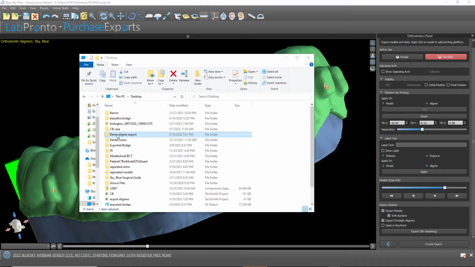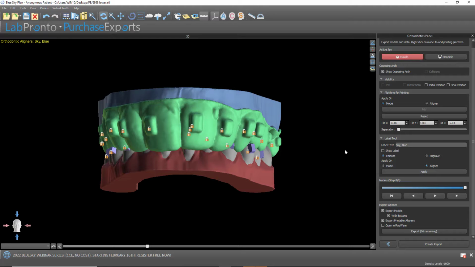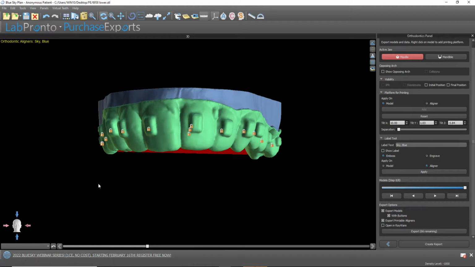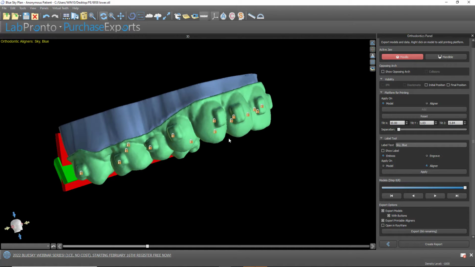Okay, this is the folder that we created. It contains in it our models and our aligners for the mandible. We could see that that's what we have active and highlighted on screen. We should run it again now for the maxilla. Same process, I'm not going to go through it, of the vertical bases and embossing the text. You could simply click on maxilla. You could hide the opposing arch if you like, confirm the basis for vertical printing, emboss the text, and then